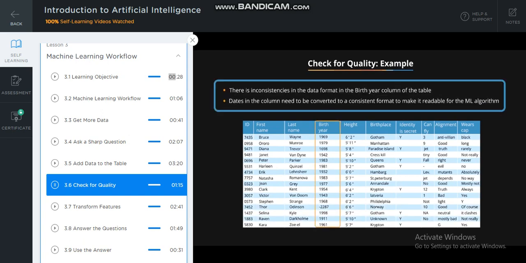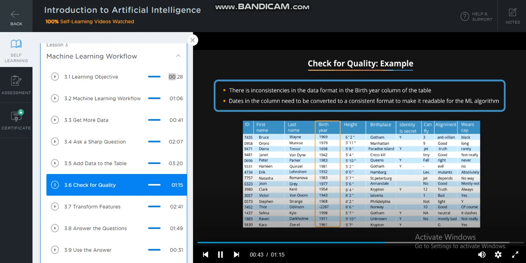We can see that the entries in the birth year column are written in different formats. Some are written within quotes, while some have hyphens before and after the dates. For any algorithm to read the data in each column appropriately, it needs to be formatted with consistency. So we will need some